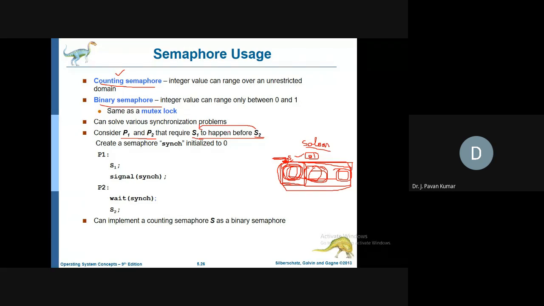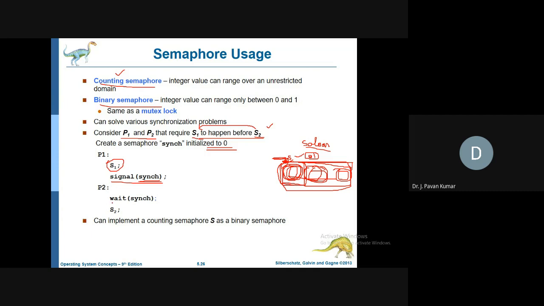So how we can achieve this using semaphores is we can make use of a binary semaphore here. Why? Because we are having only two statements, one after the other, and we have to allow either S1 or S2. So we use a binary semaphore called sync. After execution of S1 we give signal of sync. The signal operation increments the semaphore value, so it will increment sync, and initially the value of sync is 0, so it will be incremented to 1.